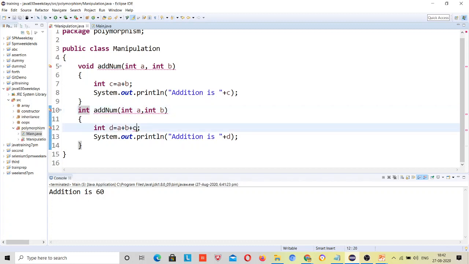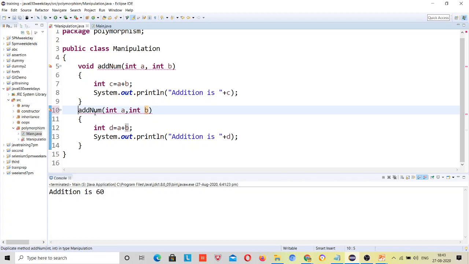So that's why this is a type problem, an ambiguity problem. It is not able to know which one to call. That's why we cannot perform overloading by having different return types. The methods have to differ either in the number of arguments or in the type of arguments. What type of arguments? Let me show you.